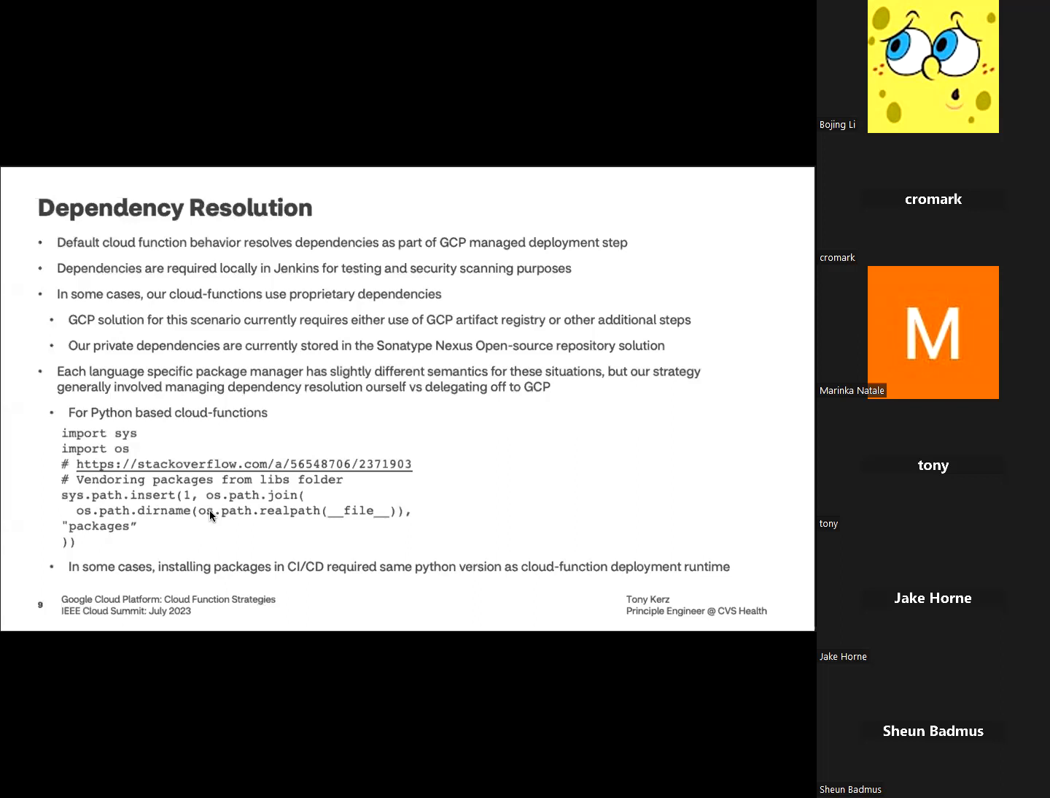And those things are not easily, or not by default easily resolved. Well, so private dependencies are not easily resolved by the backend Cloud Function process that GCP uses to do their pip install. So there's a strategy where you can